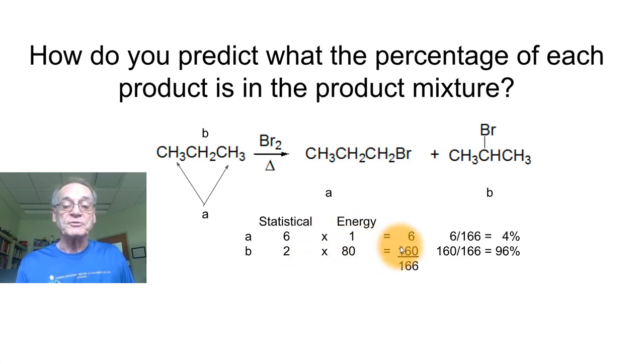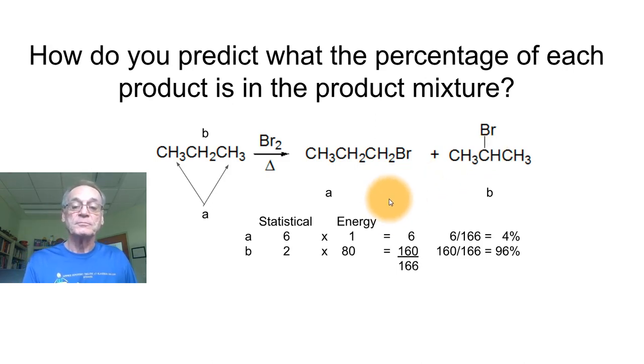So we multiply those 2 factors together. That gives you 6 for compound A and 160 for compound B. You can see that compound B is going to be way favored because bromine so much prefers secondary. Even though there's more primary hydrogens, the secondary ones are way preferred, and so you're going to get the secondary